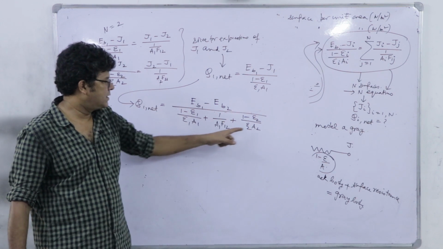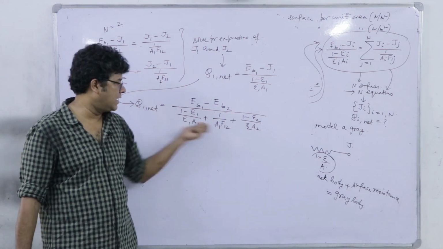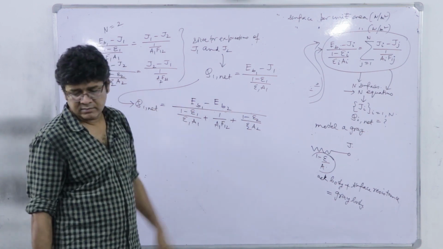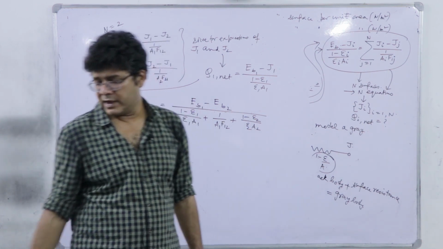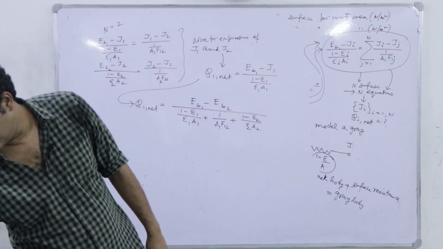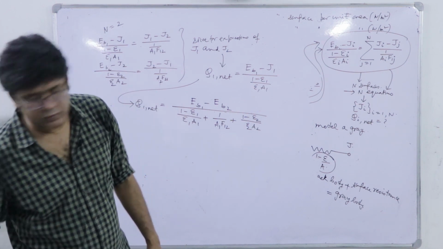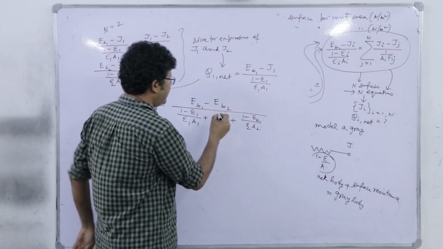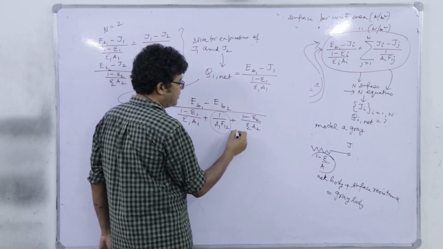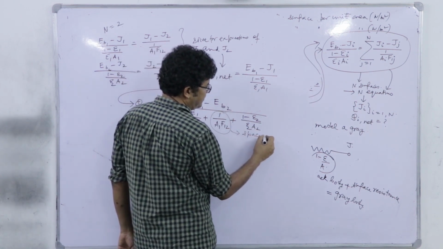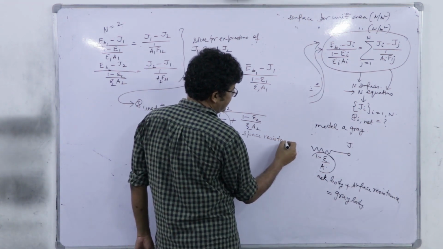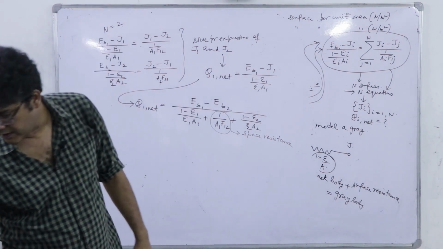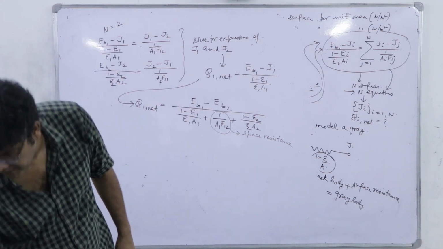So, we have three resistances in series. We can understand the denominator is a resistance term, and we have already noted that a gray body can be modeled as a black body plus a surface resistance. So, in addition to the surface resistance, there is another resistance between the nodes J1 and J2, and this resistance, as we have noticed previously, is called the space resistance, right. This resistance, 1 divided by Ai into Fij, is called the space resistance.